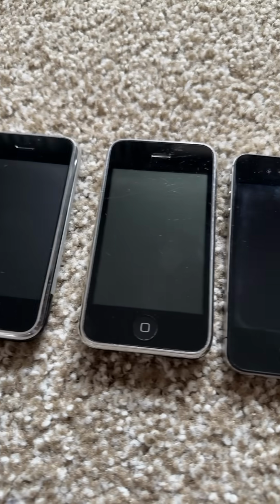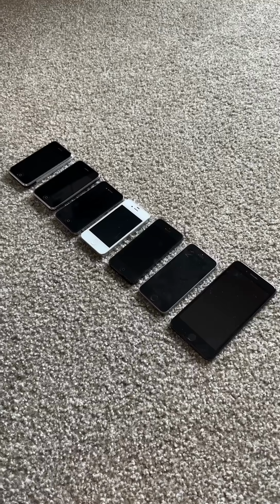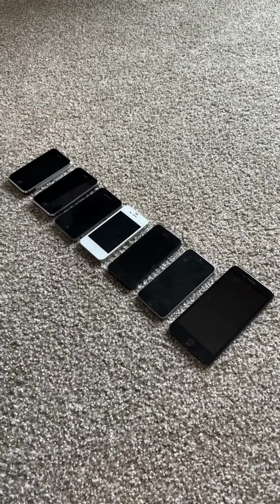And so that means that if you bought the largest iPhone each time a new iPhone came out, your lineup would look like this. 3.5-inch display, 3.5-inch, 3.5, 3.5, 4, oh, 4, 5.5-inch display. But honestly, I can't think of a better example of competition forcing change in the market. And so now you don't have to wonder,